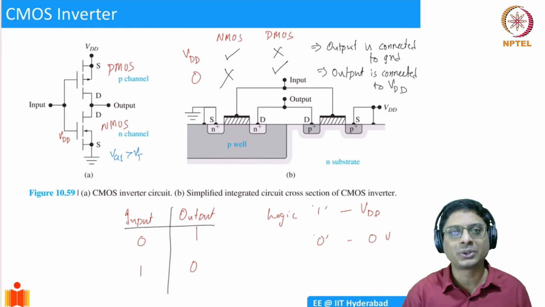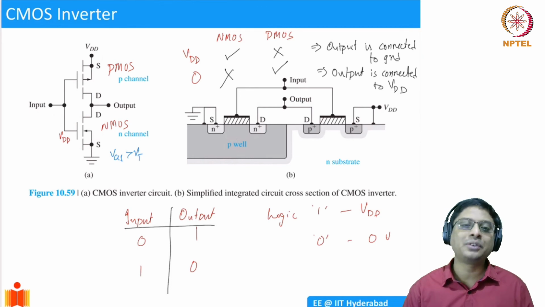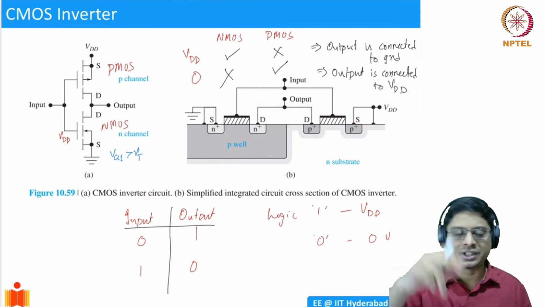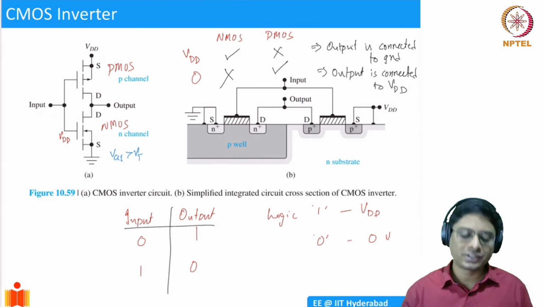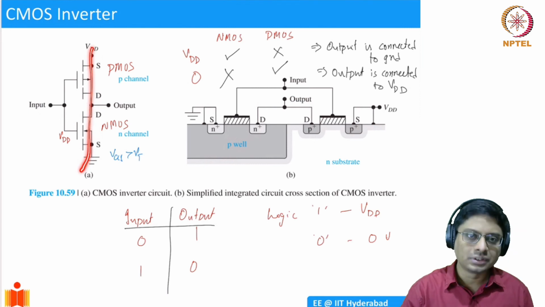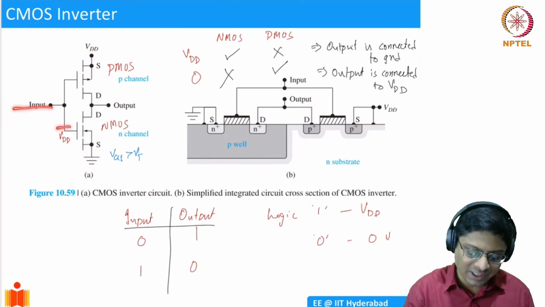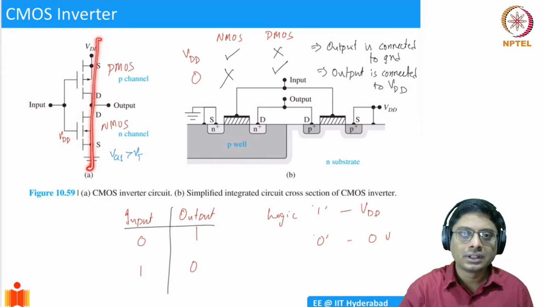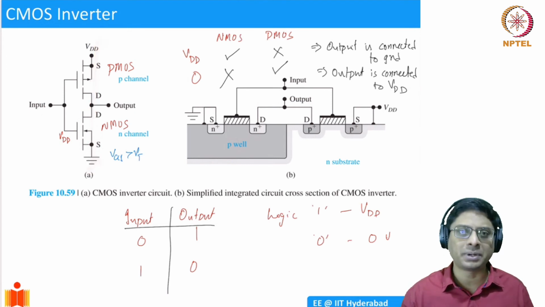This is the simplest CMOS circuit that you can think of. And the beauty of this circuit is that at any point of time, except during switching, if I'm at 0 or at 1, there is no direct connection from VDD to ground. So current cannot flow. We already saw that the input has very high input resistance, so there's no current due to this. And in this path, only one of the transistors is on at any point of time, not both. If both are on, it's going to continuously dissipate power.